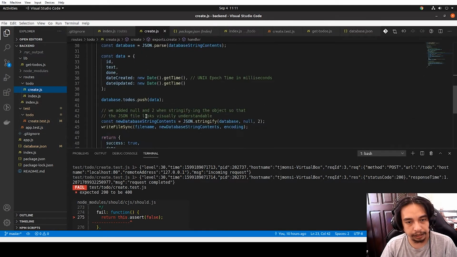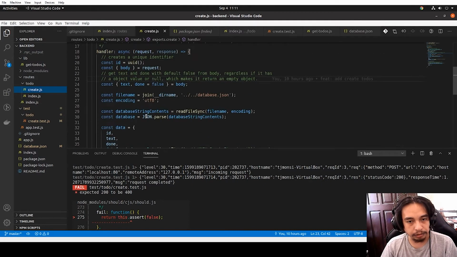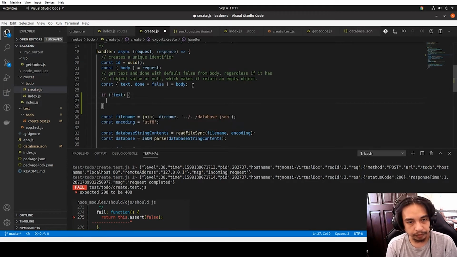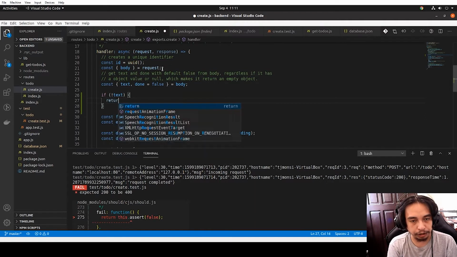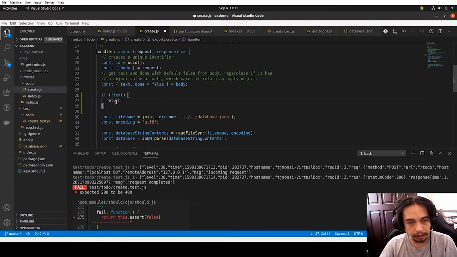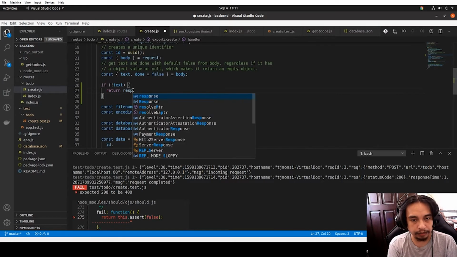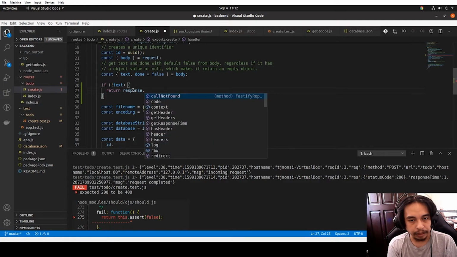So that means what I need to do is check if there's a text. If there's no text, we should not go through all of these things, and we just do this one,